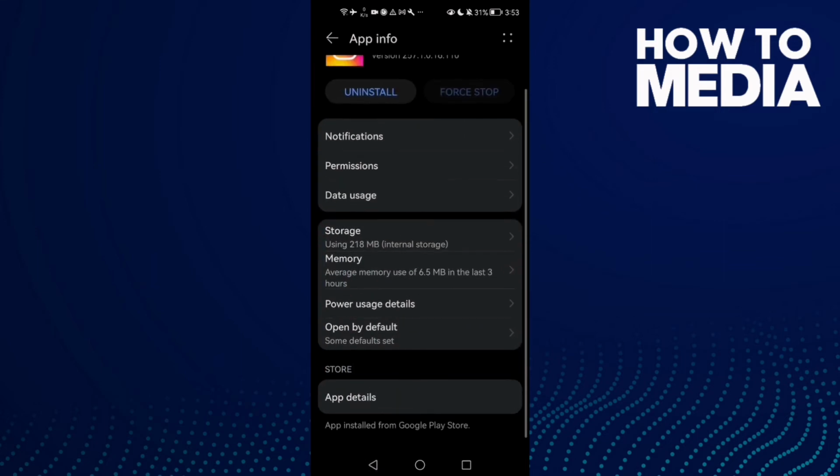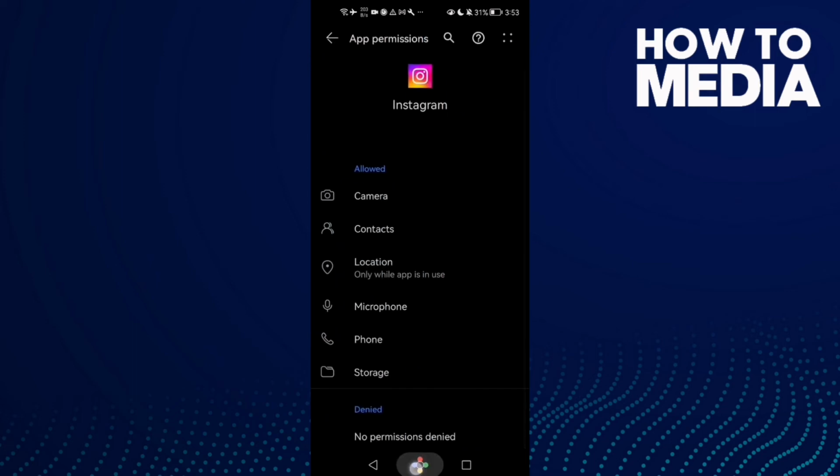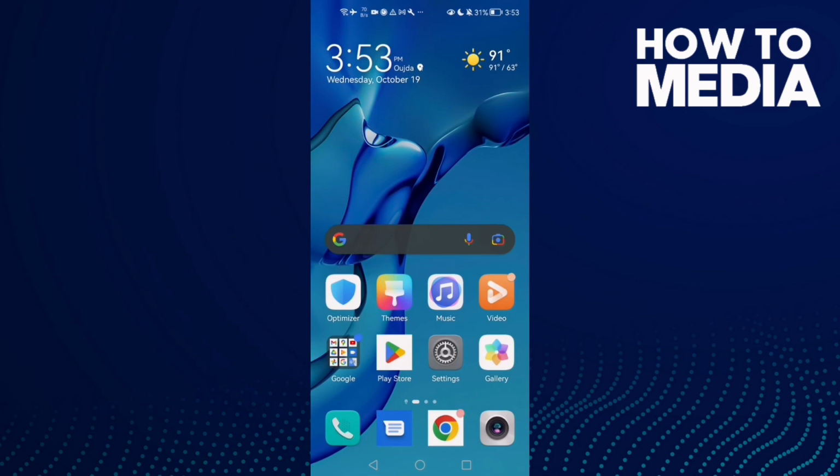Instagram and try again and your problem will be fixed. And if that doesn't fix your problem, just go back here and go to permissions, allow this one storage, and then restart your phone and your problem will